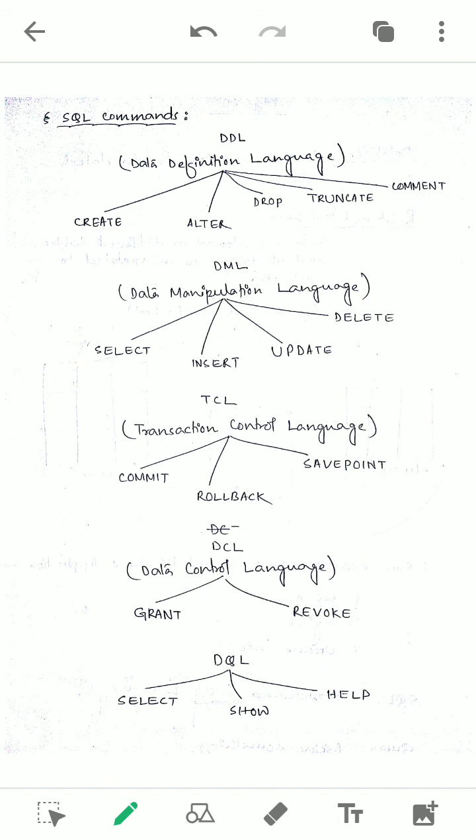First of all, you see the DDL commands. What are the DDL commands? DDL means Data Definition Language. These are the commands which define the structure of your database. Remember, the commands which define the structure. Structure means how the database will be created and how the database can be changed; maybe the table may be changed a little bit, it can be modified.